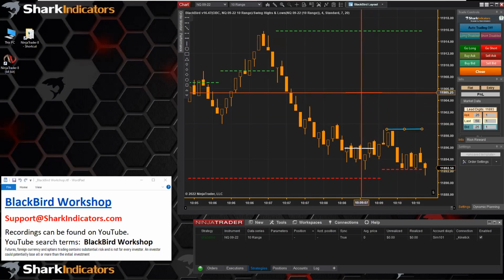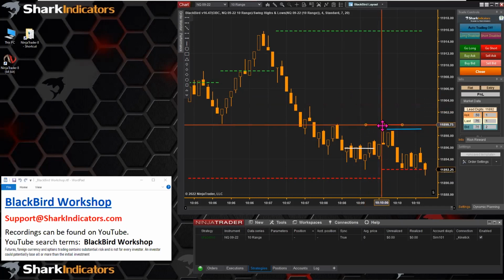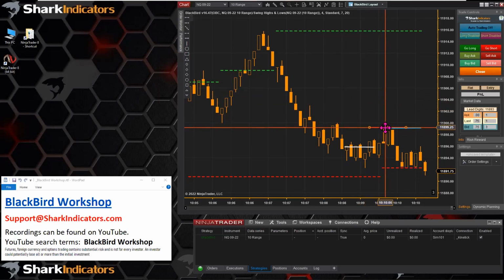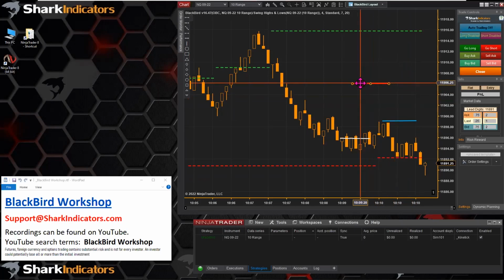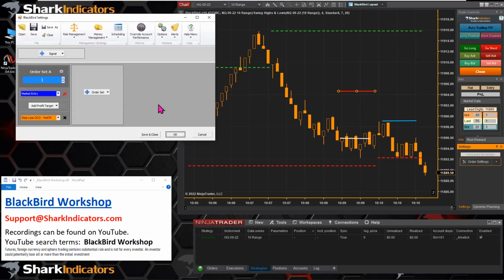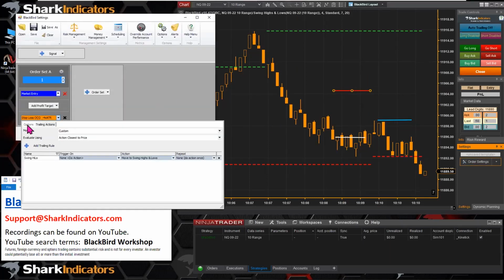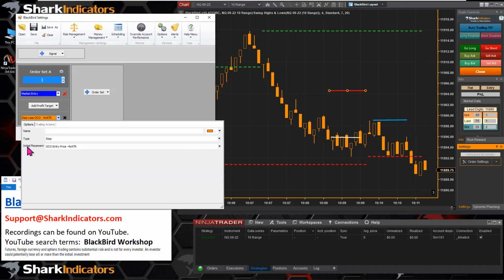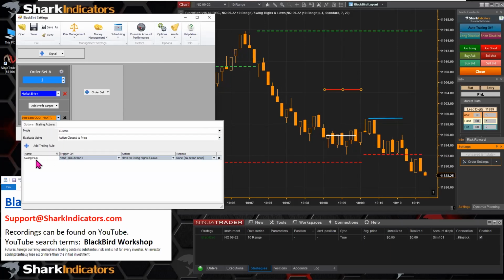So what's going to happen is eventually our stop loss will move down to this swing high once the indicator identifies this as a swing high point, right? So our stop loss is not permanently fixed. That's the point I'm trying to illustrate: the stop loss, when it goes into the initial price, right? So that stop loss gets placed at the initial placement, which is 4 ATRs, and then BlackBird will take